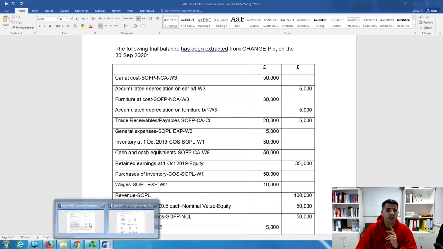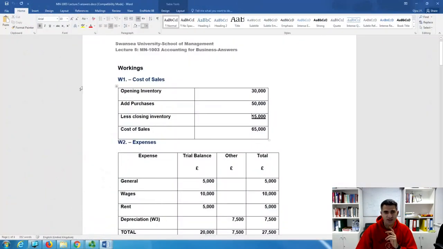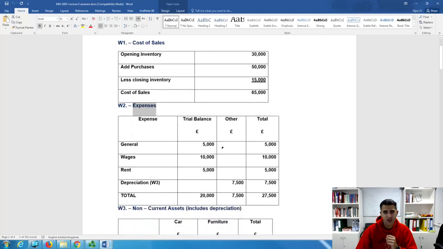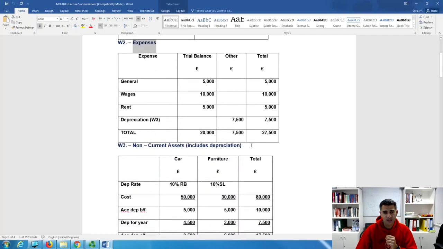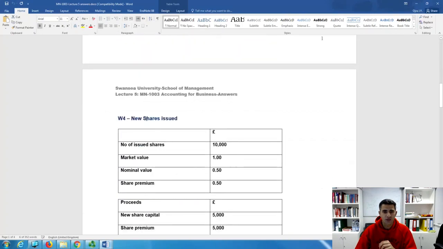The first working we will start with, guys, is the cost of sales. Then the second working, the distribution and administration expenses. The third working is the non-current assets, includes the depreciation. The fourth working is the new share issued,